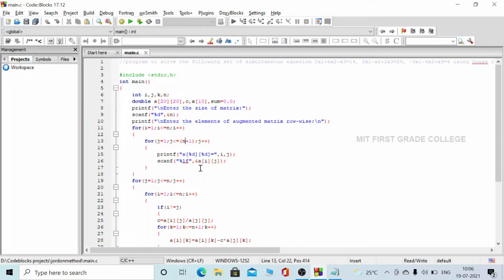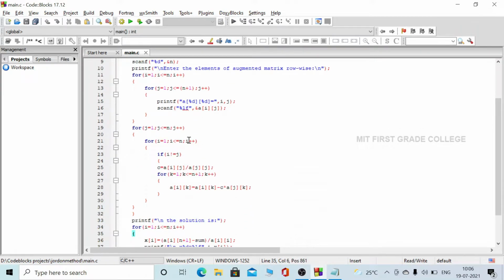And then next, here we can see another set of statements which is the actual calculation. In the Gauss elimination method we make the lower triangle elements or upper triangle elements 0, but here we'll be making both the lower triangle elements and upper triangle elements 0. So the only elements remaining are the diagonal elements. So let me teach you by taking the matrix.